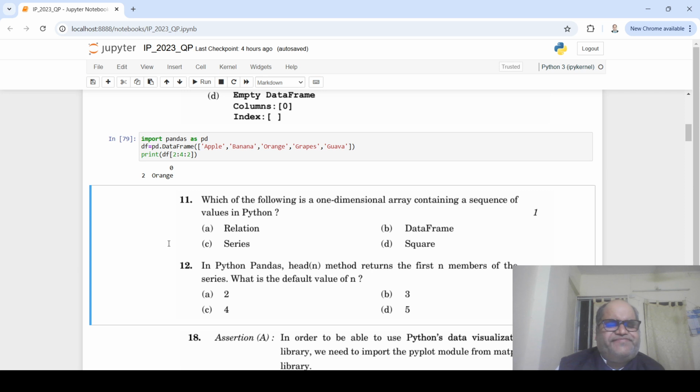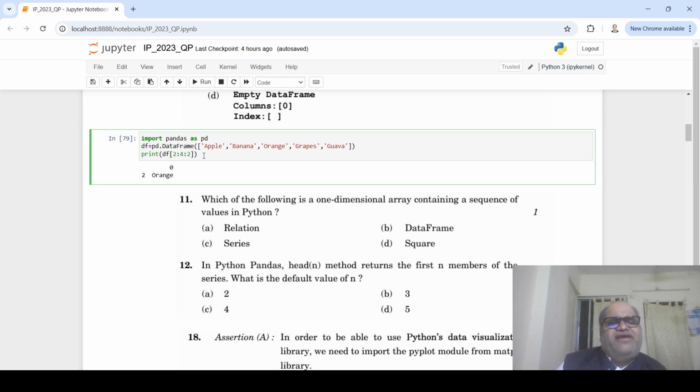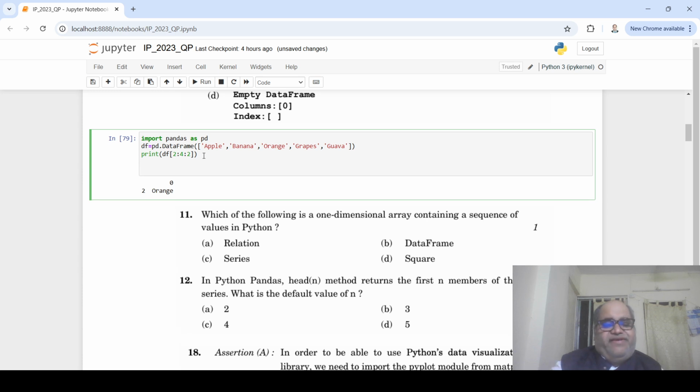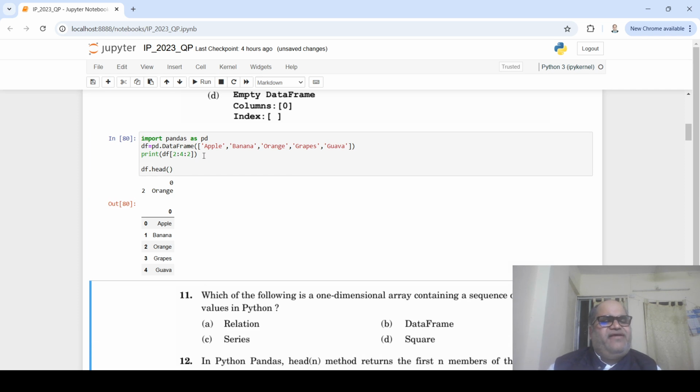In Python pandas, the head n method returns the first n members of the series. What is the default value of n? Not a very great question to test on, but you should keep in mind we have been talking about it. If you don't provide any number to n, that will be 5. If you want to test it, you can count 1, 2, 3, 4, 5. So this data frame is having 5, so you can do head, and you don't specify anything, it will be